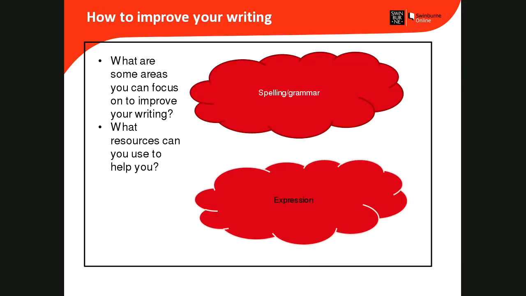Okay. I am actually going to go very quickly over this one because I think that we already have a fair bit of information on spelling, grammar and expression in terms of how we can access some different sources. There are so many online resources that you can use. There's Your Tutor, there's Grammarly, there's Writer's Diet. If anyone thinks of any more, we can list them down here. But while you're doing that, I really just wanted to focus on how important it is to make sure you spell check your work.